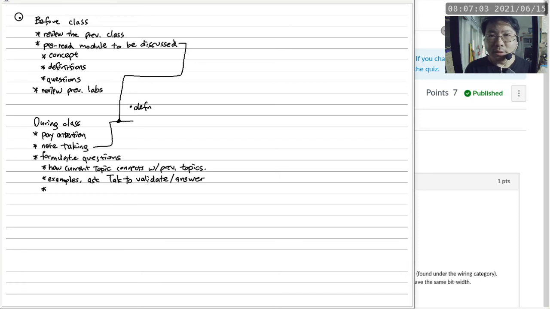So, getting back to formulating questions. Asking how a specific current topic connects with a previous topic is really helpful. Giving me examples, either with your solution for me to validate, or giving me an example so that I can solve it, would also be a very good way to solidify your understanding of the material, and at the same time